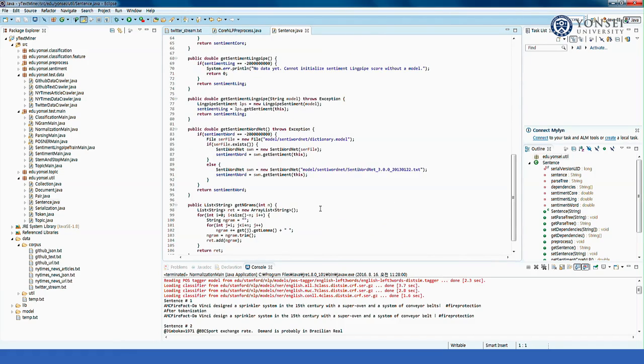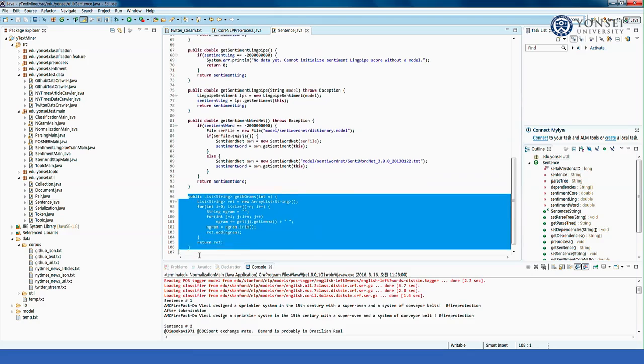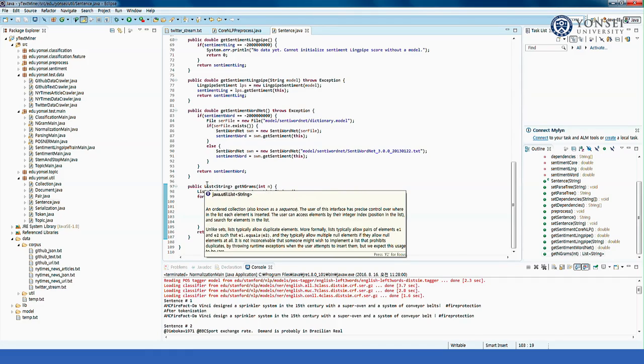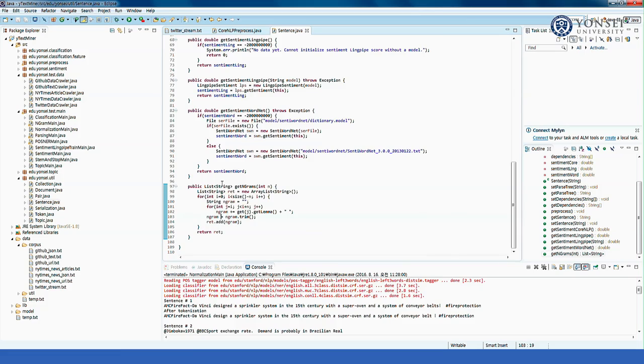we have one function called getNgrams. Let me explain this a little bit more. The getNgrams function returns a Java list container whose element type is string. It takes one argument, the number of consecutive words. If it's 2, then it's a bigram; if 3, then a trigram. So depending on the n-gram size,